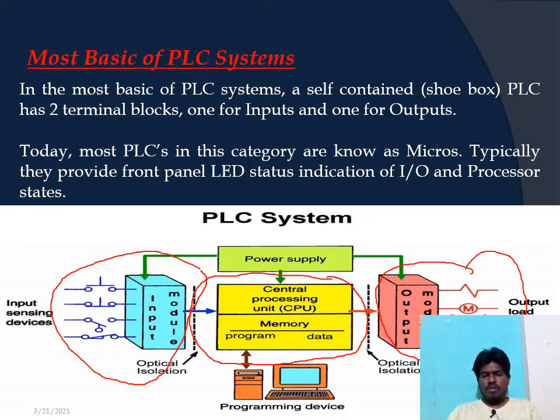Along with the central processing unit, we have memory here. This memory has two types: one is program memory and the second is data memory. As it is a programmable logic controller, whatever sequence of operation we require for the machine or any process can be written in a programming device. Whatever program there is, that is stored in the program memory. It is written over there and continuously remains there in a PLC.